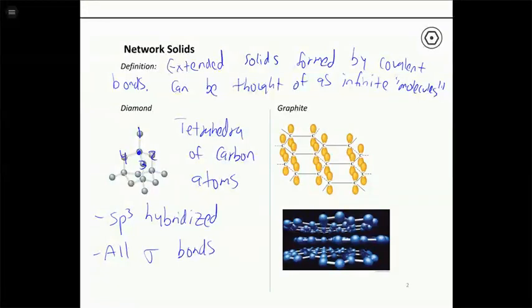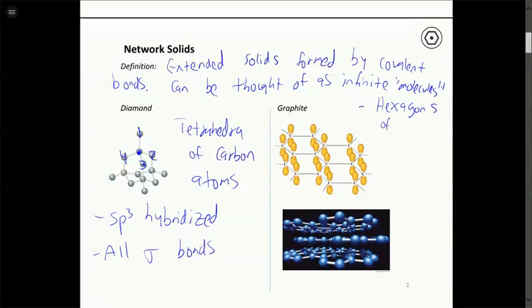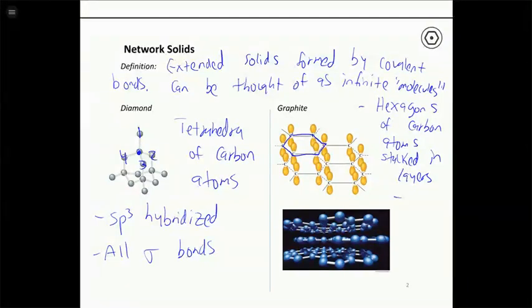And in the structure of graphite, you have hexagons of carbon. So you have these hexagonal rings of carbon, and they're all fused together. But they have more of a 2-dimensional structure, because you have these sheets of carbon, and then the sheets are stacked together through non-bonding interactions, through intermolecular forces. All right, so you have these sort of hexagonal sheets of carbon. They're linked in all directions, in 2 dimensions anyway, and then you have these 2-dimensional sheets that stack together to form the structure of graphite.